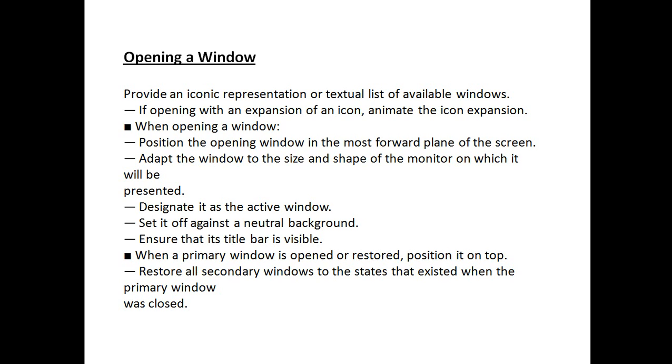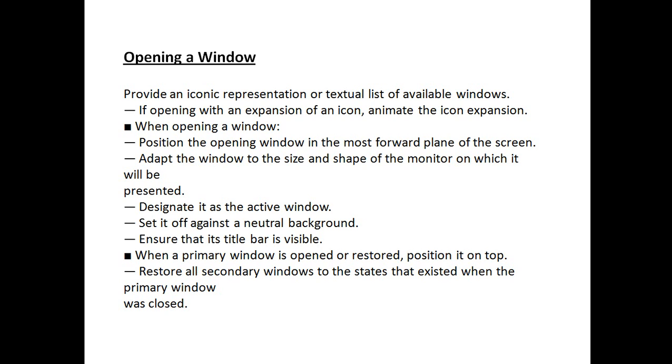By pressing on that icon, you get the window. Whenever these windows are opened, we need to designate them as an active window, and that should and must be present on the top of the screen, so that the end user can use these windows immediately.